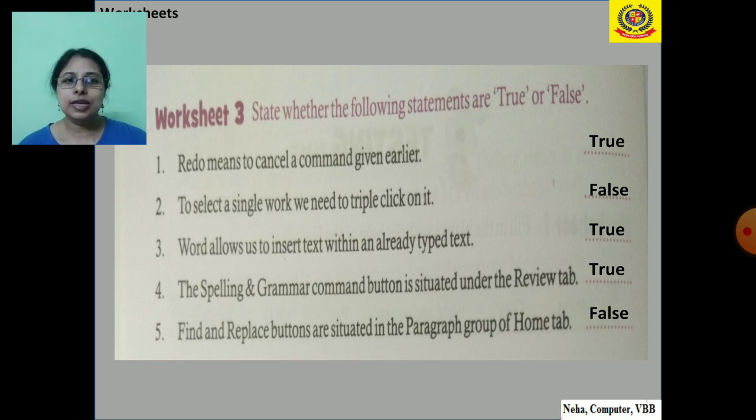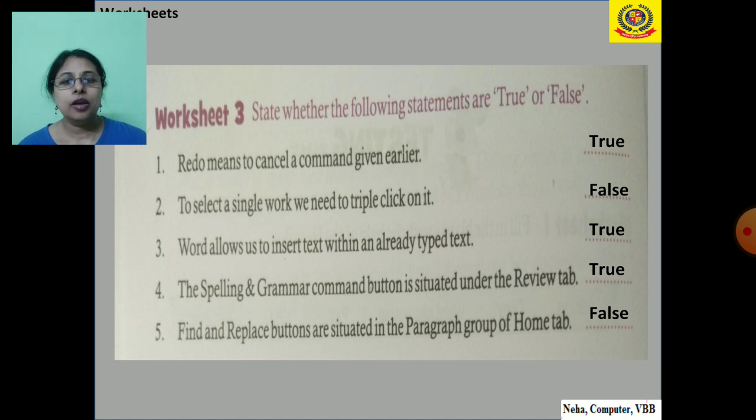Next one, to select a single word, we need to triple click on it. No, it is false. To select a single word, we just have to double click. Triple click is used to select the whole paragraph. So for a whole paragraph, we triple click. For a single word, we double click.